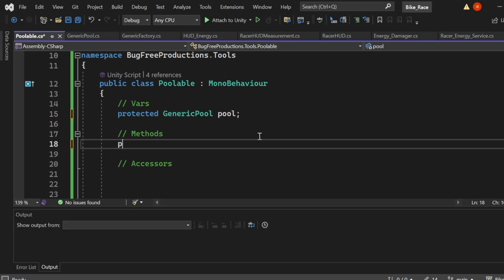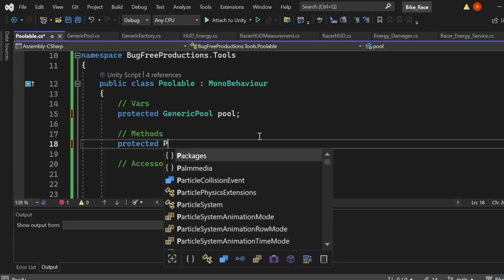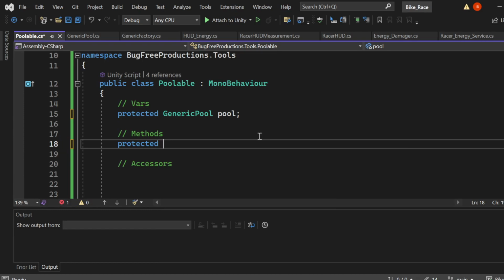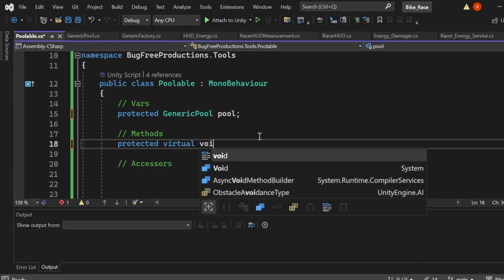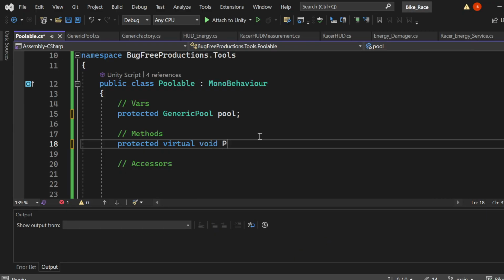It would be protected because we don't want somebody else telling this object to pool itself. That would be kind of counterintuitive. So do something like protected virtual void pool self,